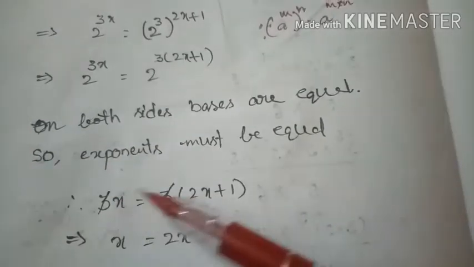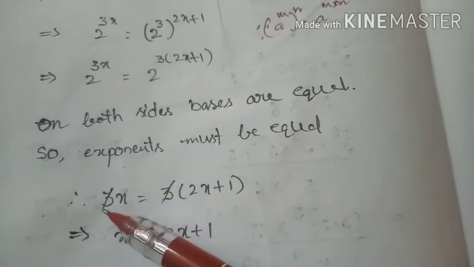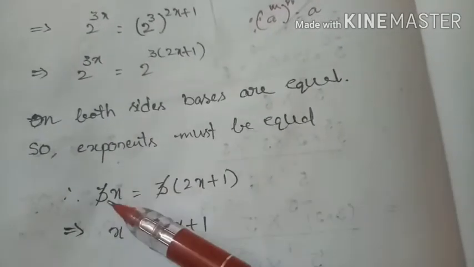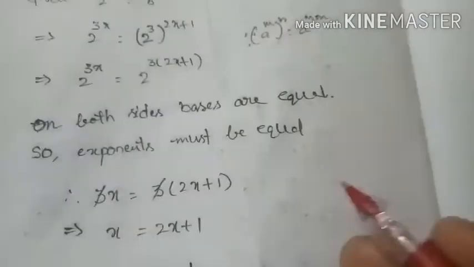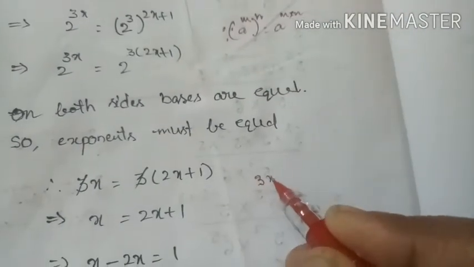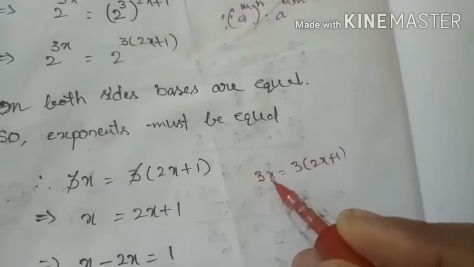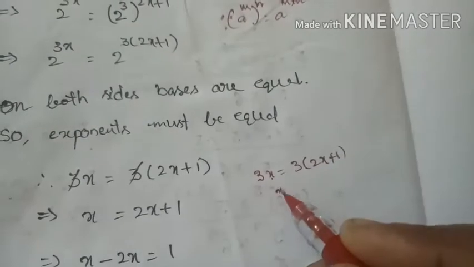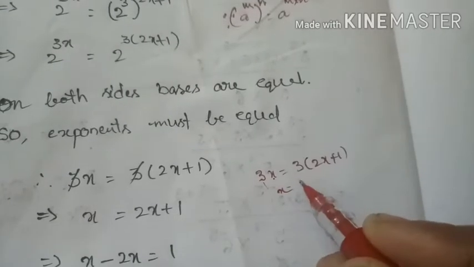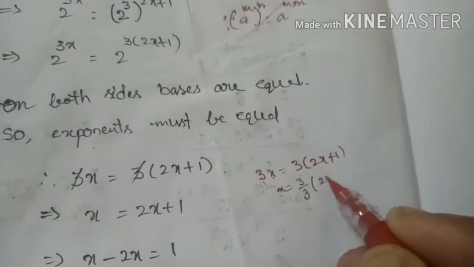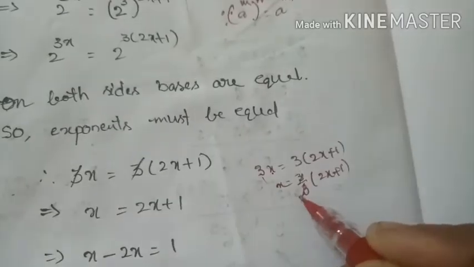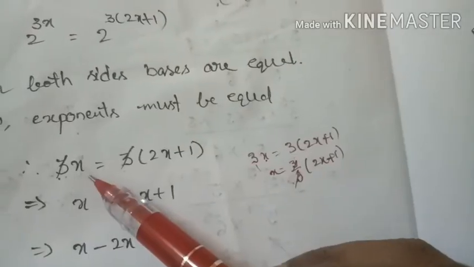Okay. So on both sides we have the same values, that is 3 into 3, so the 3 gets cancelled. That means you can do this also: 3x is equal to 3 into 2x plus 1. The 3 is multiplied with the x, so when it comes to this side it becomes divide. So 2x plus 1. Yes or no? So the 3 gets cancelled. I did it here, direct cancel.